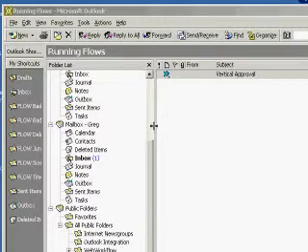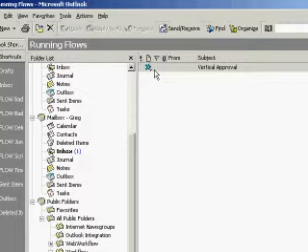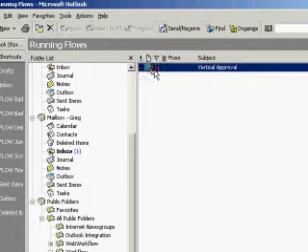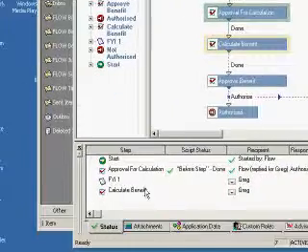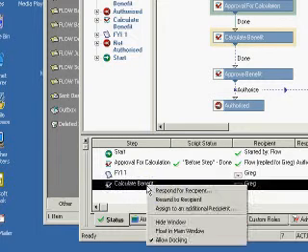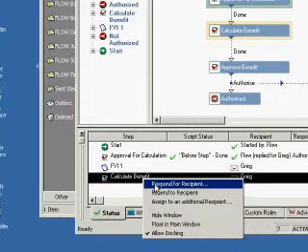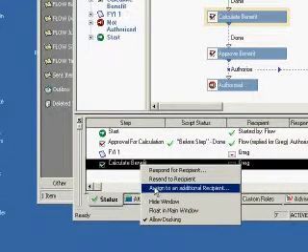It is also possible to monitor flows from the Running Flows folder. Here you can see I have a flow sitting in Running Flows. If I open up the audit trail, you can see that it's sitting with a task waiting in Calculate Benefit response step. I can manually respond on behalf of recipient, resend to recipient, or assign to an additional recipient, should